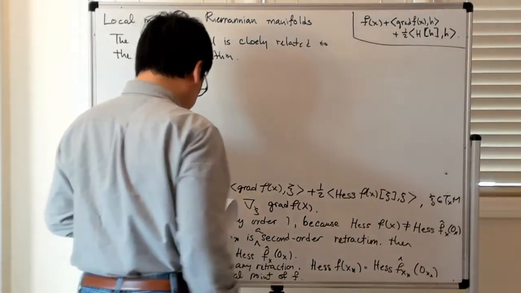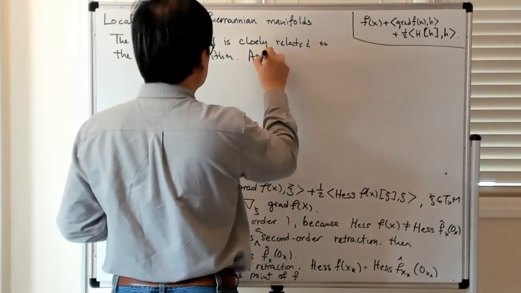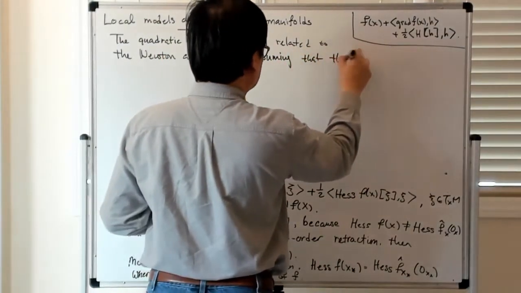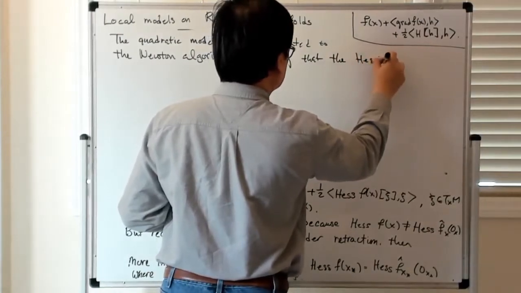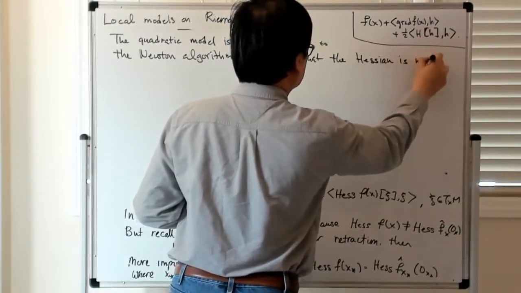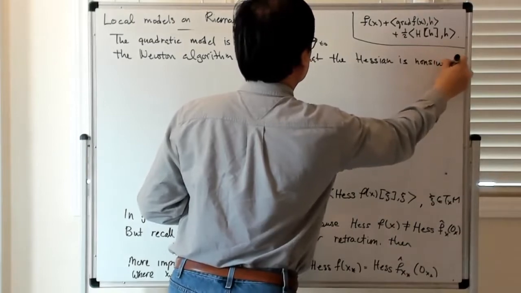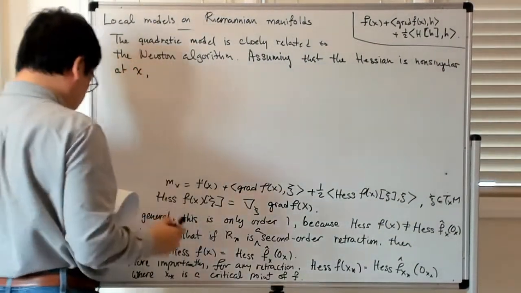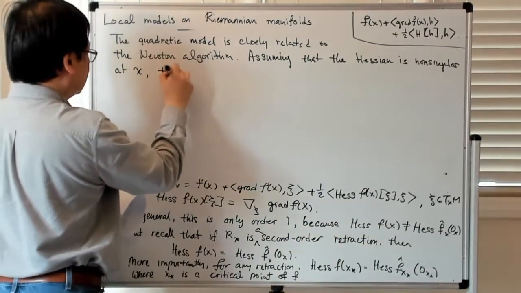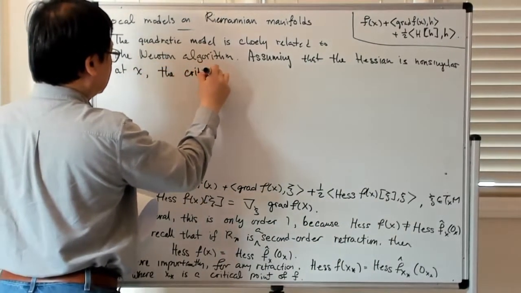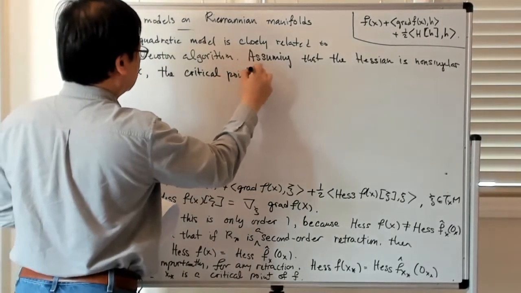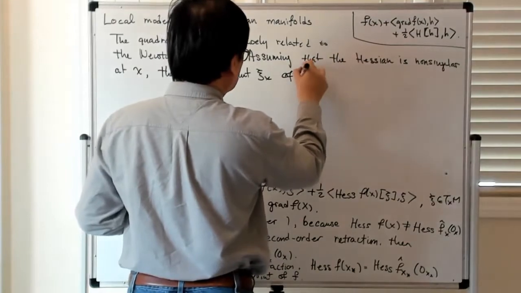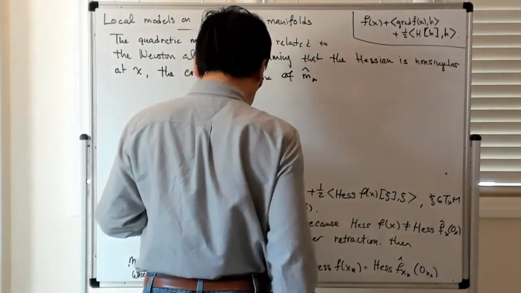Assuming that the Hessian is non-singular at x, the critical point c star of this local quadratic model mx